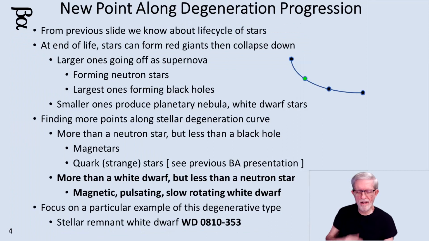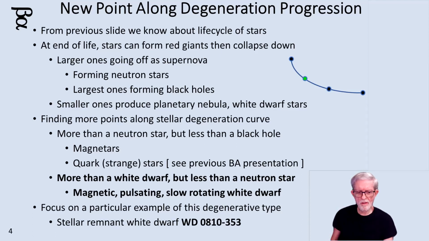But as we're finding out, as we observe more, as we improve our instruments, what we used to think of as a small number of points along a curve, we're starting to find midpoints along that curve. And in particular, if you think of neutron stars, we found neutron stars with strong magnetic fields. We call them magnetars, or the next step on from a typical neutron star before it gets to a black hole, a quark star or a strange matter star. And I did a presentation on that one.